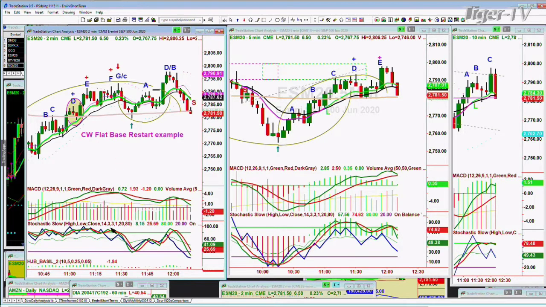Well, look, the MACD turned down, the stochastic turned down. Everything in my technicals that I discussed all day yesterday held beautifully. Then it ran up to a peak that could be considered, because there's no higher peak than a G, a restart. So it could be that G/C went to a D. It could also be a brand new B. But I circled it and typed in ChapmanWave flat-based restart